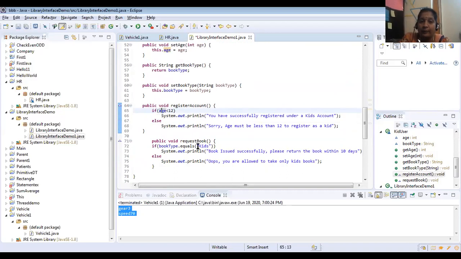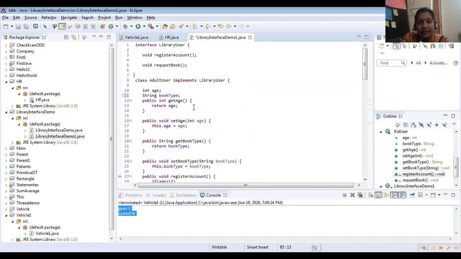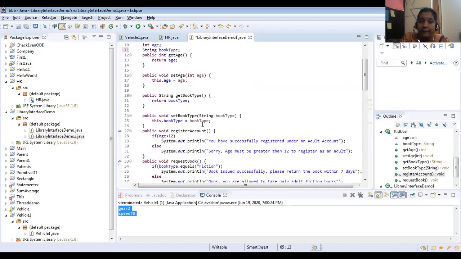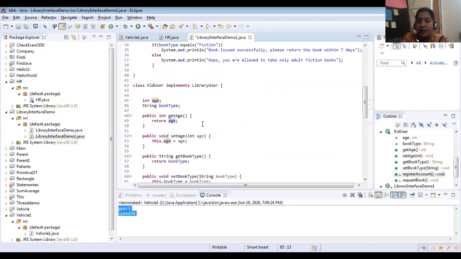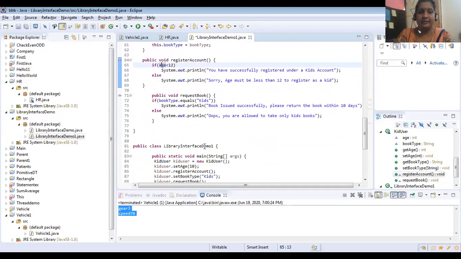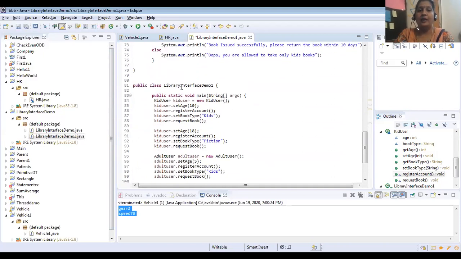Instead of book type of fiction, here I have changed it to kids. So only one time I have declared this method using interface, but whenever and wherever I want, I can use this method for different kinds of implementation. That is the main advantage of interface.